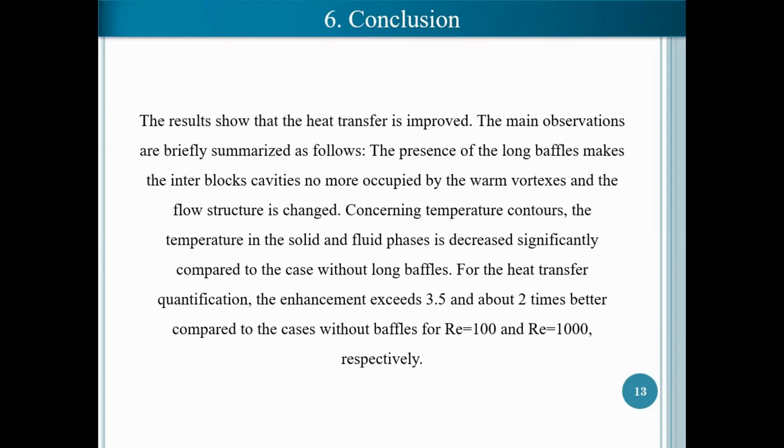Concerning the temperature contours, the temperature in the solid and the fluid phases is decreased significantly compared to the case without long baffles. And for the heat transfer quantification, the enhancement exceeds 3.5 and about 2 times better than the cases without baffles for Reynolds equal to